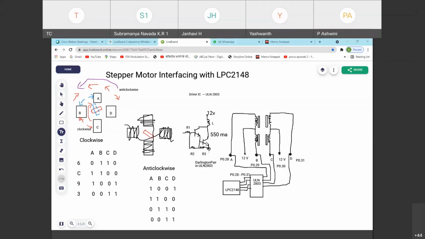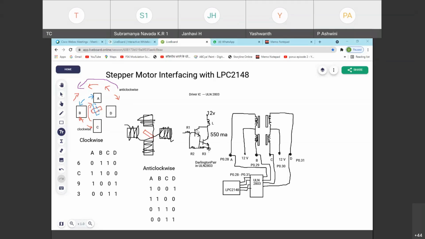If both the transistors are on, the voltage at this particular point below the inductor, at the collector of the first transistor, will be the output. It means above is 12 volts, below is 0. Hence there is a potential difference and a continuous connection path. With a potential difference of 12 volts, a current of 550 milliamps will flow.